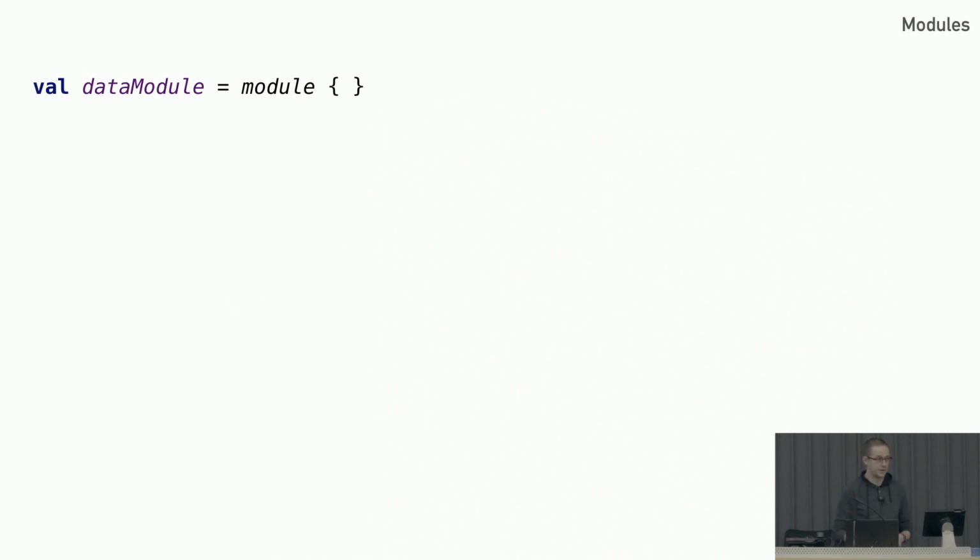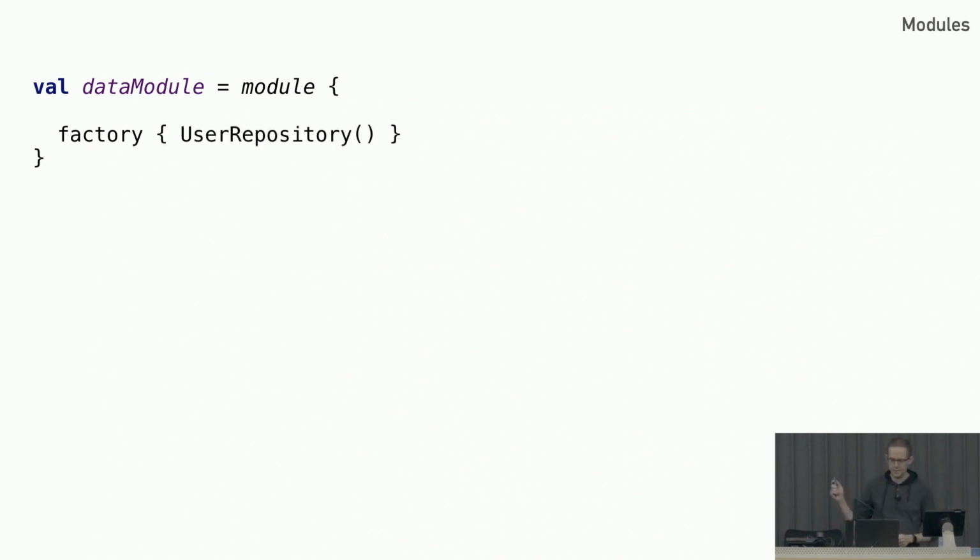Because now it's time to talk about modules. To create a module in Koin, you just make a top-level val and use this module builder keyword. It's part of the DSL.